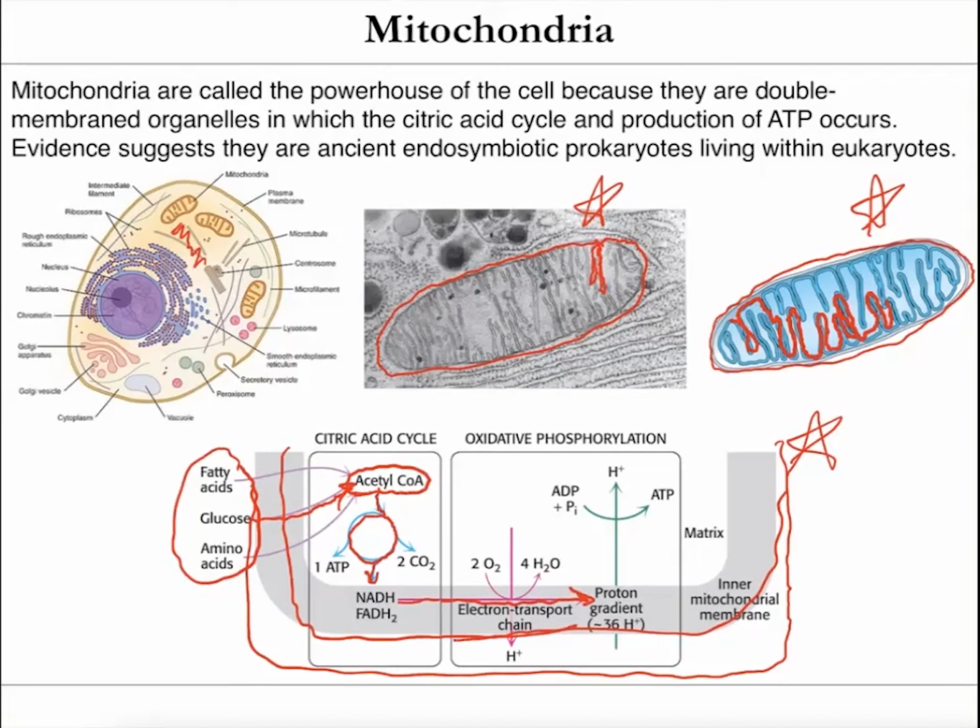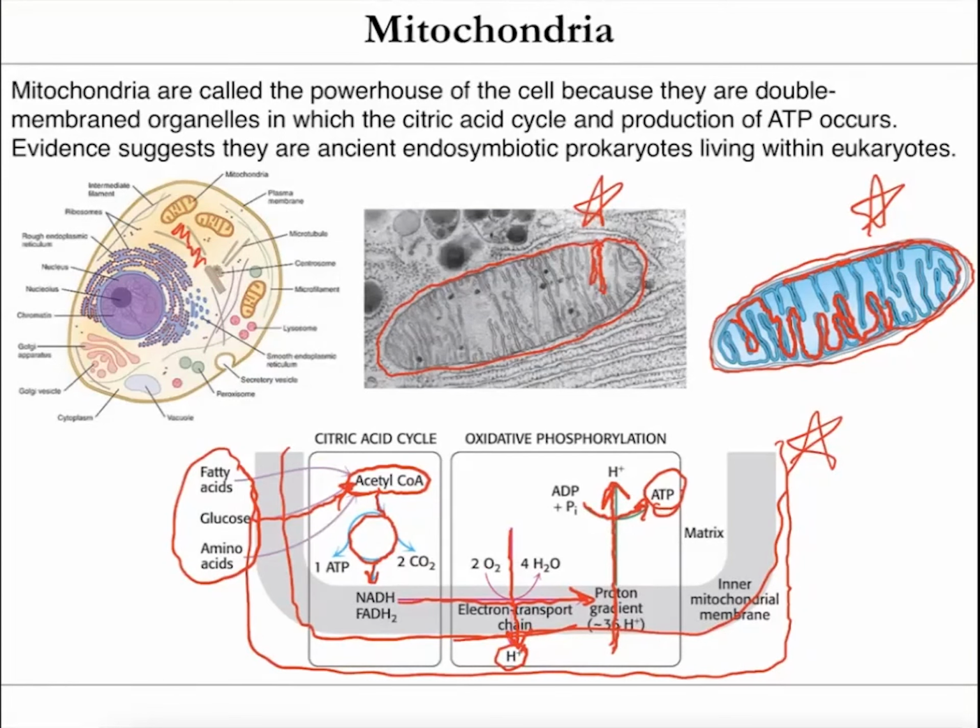And what that does is it uses that energy to pump protons, so H plus ions, which we talked about, into the inner membrane space, this space between the inner membrane and the outer membrane of the mitochondria. And so that makes a gradient. It makes more protons in that intermembrane space than inside of the mitochondria. And so there are proteins that can use that proton gradient to power these molecular machines called ATP synthase that synthesize ATP in the mitochondria.